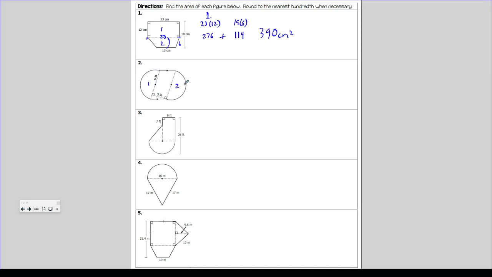On the second one, we have two hemispheres. So here and here are two halves of a circle, and in between, we've added in a parallelogram. We can tell that because of these parallel arrows. So first I'm going to find the area of the whole circle. So 1 plus 2 is a circle, which is pi times the radius squared. The radius is given as 6, so we're going to do 36 pi as the area of the two semicircles